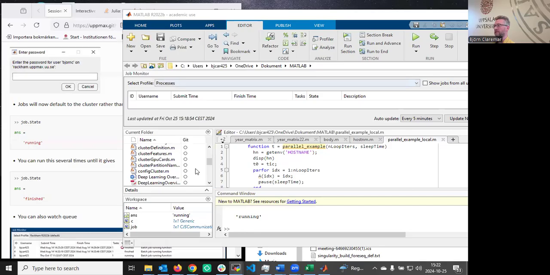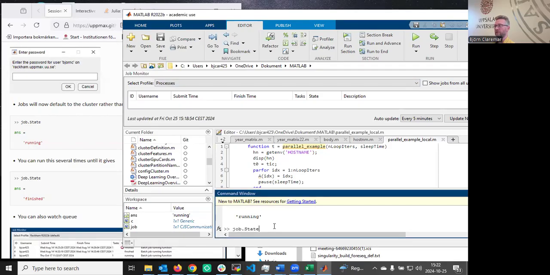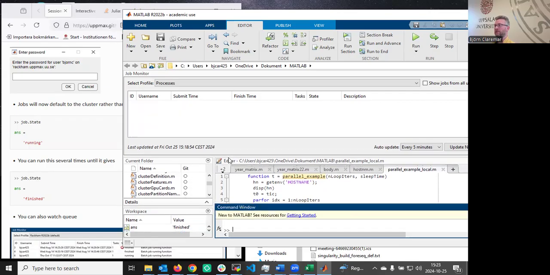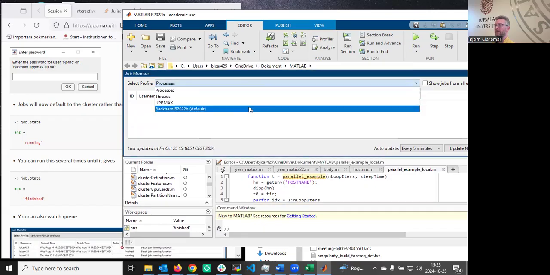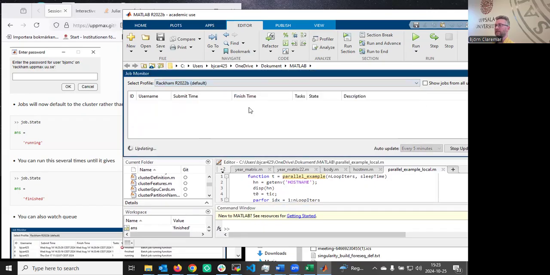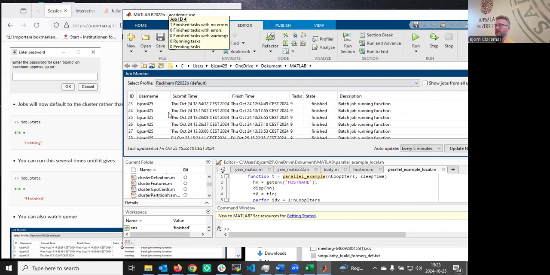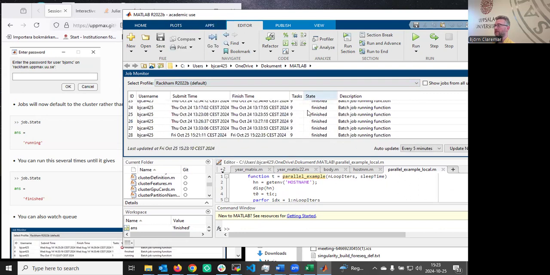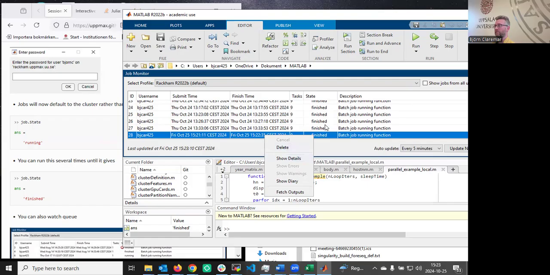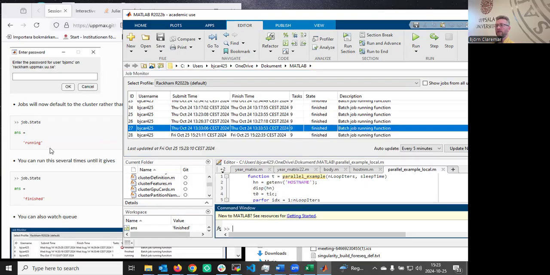Let's see, it is. But you should be able to look on Rackham what you're running. But as you may know from earlier things, you can see here that you also have your runs here. And I have already made some tests here, and this is today. Since it's finished, it used 9 tasks, and you can also look at some details if you want to. So it's finished,